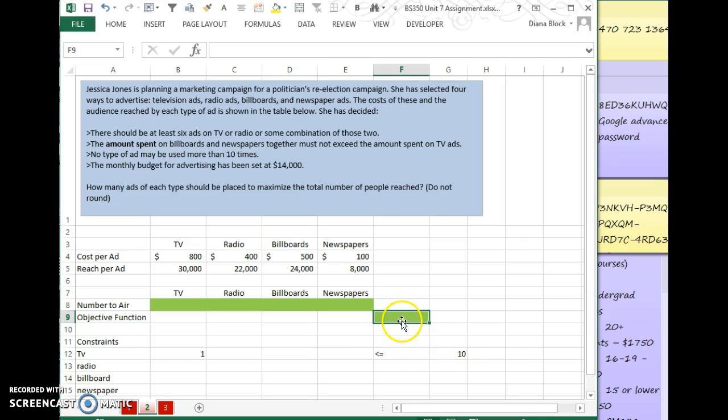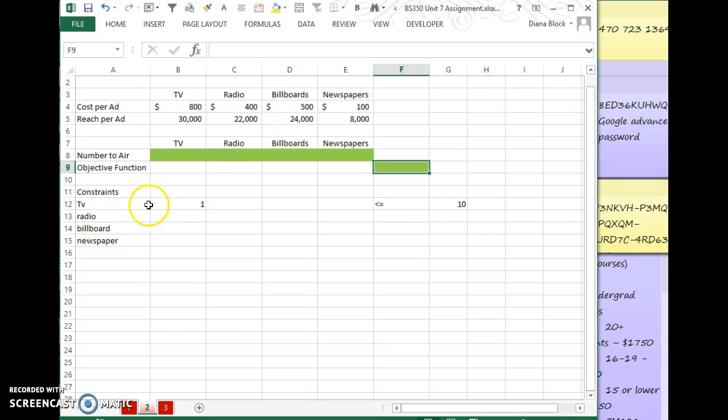So our formula here is going to be a sum product of the number of ads to air of each type times the reach of that type of ad. And we're going to maximize that. Now, we've got some constraints. You'll have to add these in. But there's TV, radio, billboard, newspaper. I just started adding these in. And you've got some examples in your book. But I want to just show you